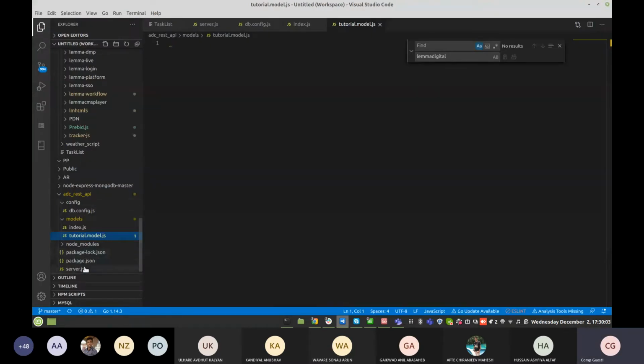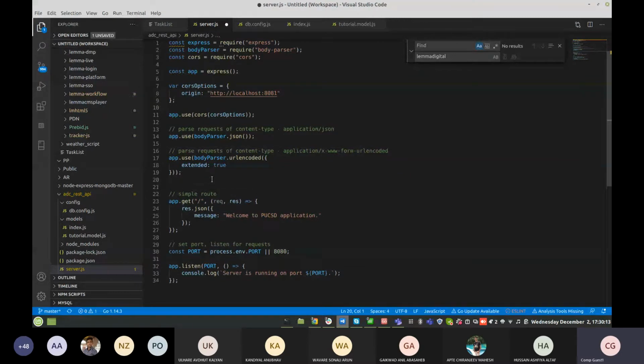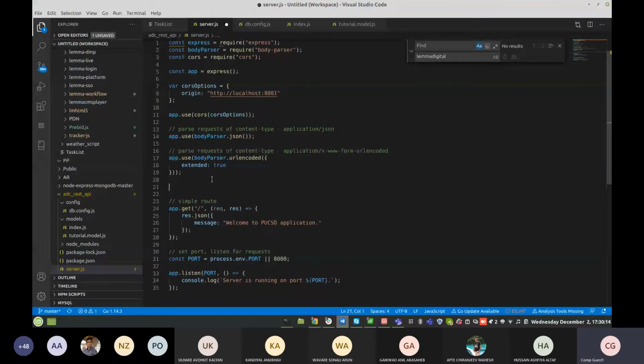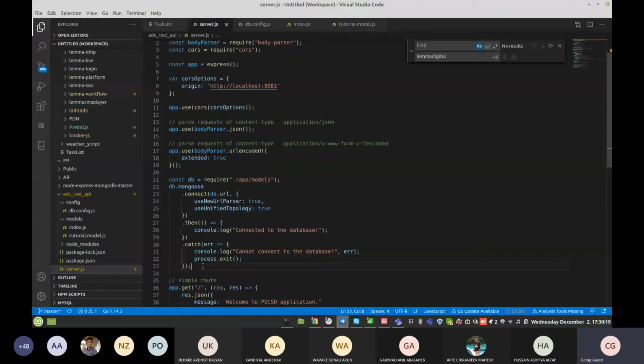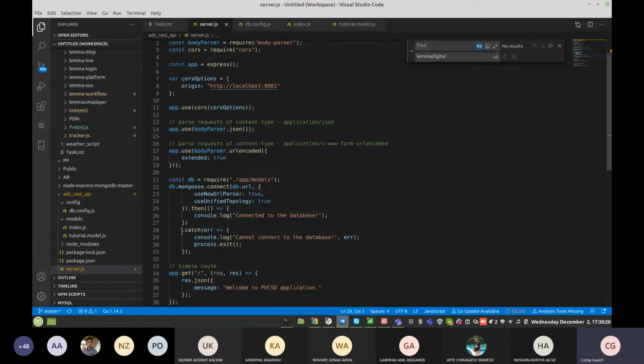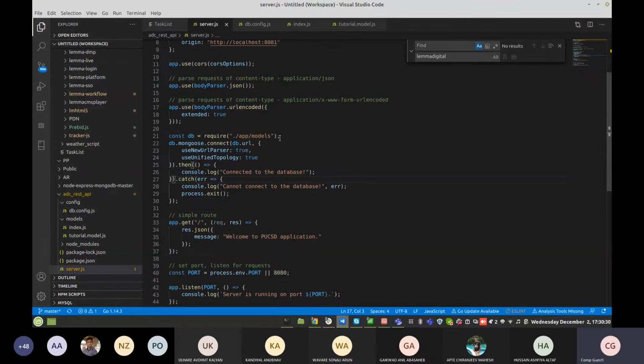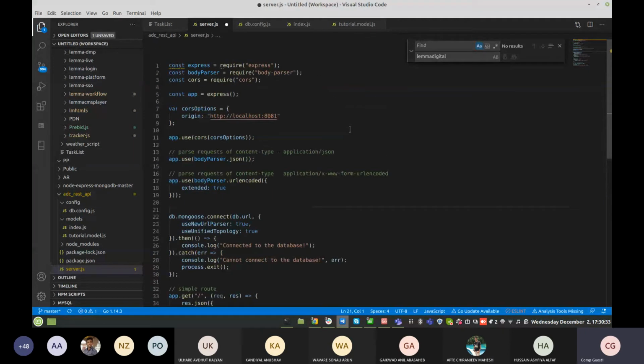So where is our server file? Here. I have added this and beautified the code so it shows properly. I put all the requires on the top, which is a good practice.